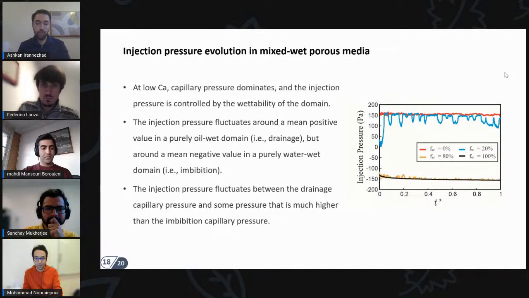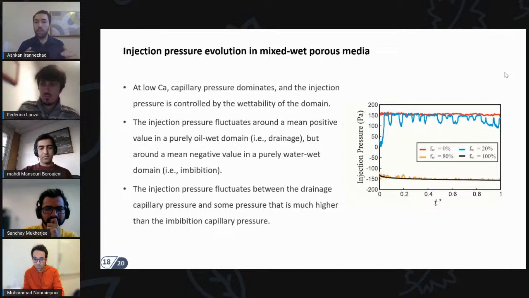And finally, we track the evolution of injection pressure to gain further insight into the macroscopic impact of fluid-fluid displacement in mixed wet porous media. So specifically here, we are looking at the injection pressure evolution at 4 different cases with different wettability fractions. In all of them, the contact angles are constant, 120 and 30 degrees. And these simulations are done at low capillary number, when the capillary pressure is dominant and wettability controls the injection